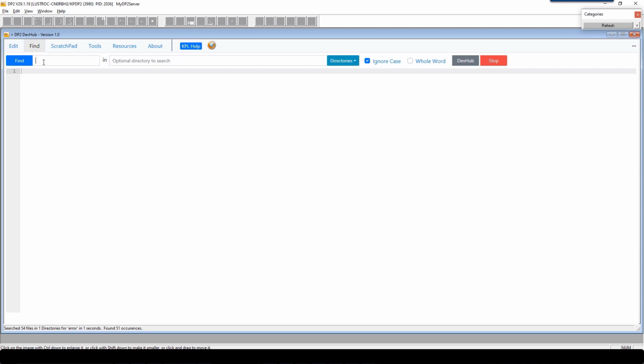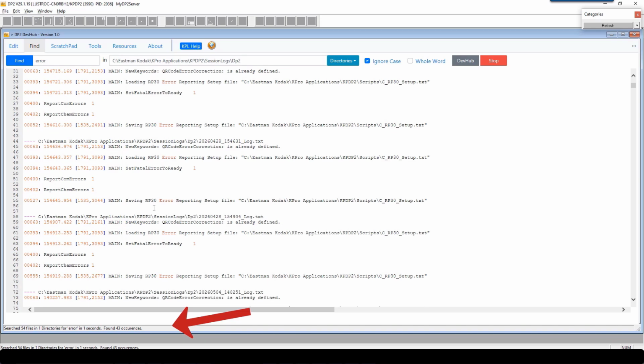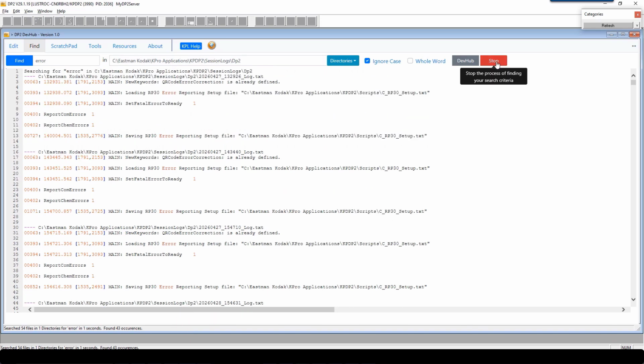I'm going to go to the Find tab and just use various examples here. I'm going to look for errors, as I just typed in there. There's a directory drop down. In session logs, I'm going to go ahead and hit the Find button, and that will search for that item, error in this case, in those session log files. You could be searching for something that is actually taking a lot of time to find all of those instances. You can keep your eye on the status bar here on the bottom. And if that's still chugging along, but you already have found what you're looking for, there's the ability to stop